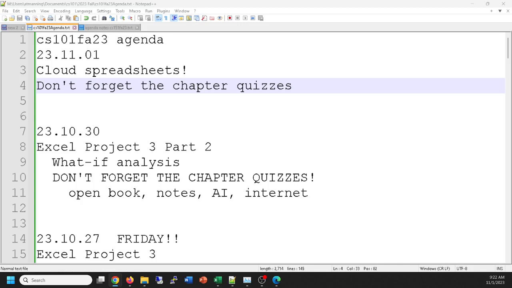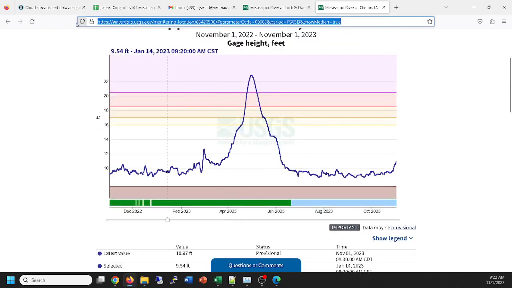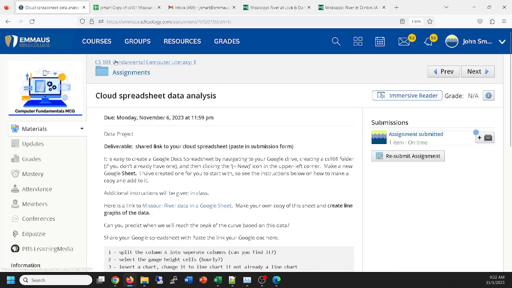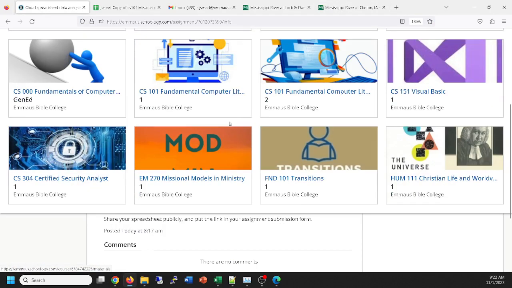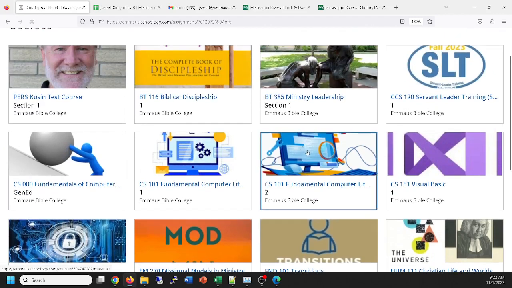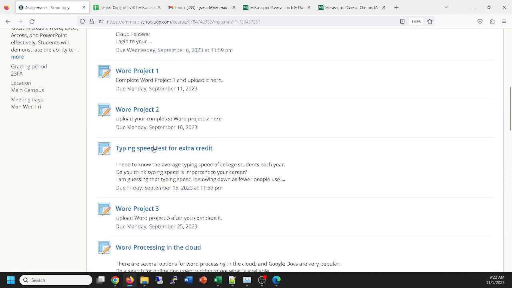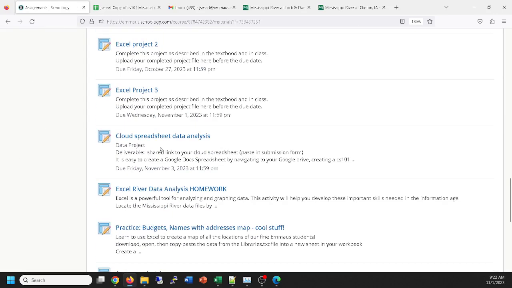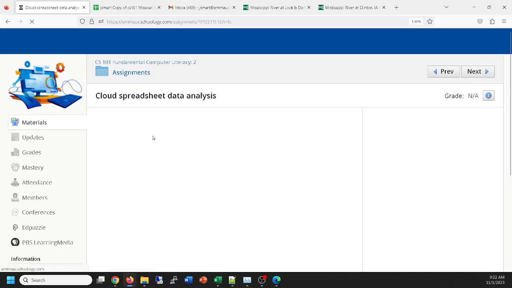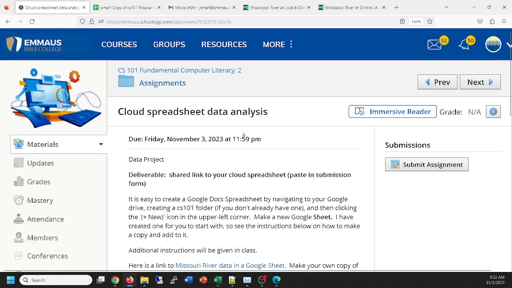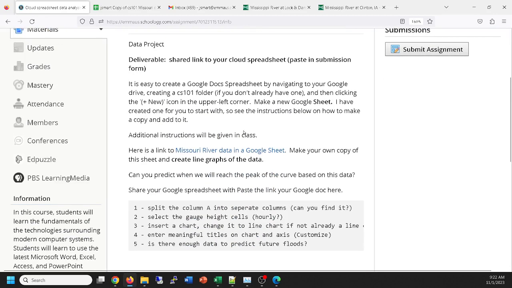We go down here in your assignments link on Schoology. I'm going to be doing this as Mr. John Smart. Now I'll go to this course over here, down here in assignments, cloud spreadsheet data analysis. The point of this project is to make sure you're familiar with something other than Excel,